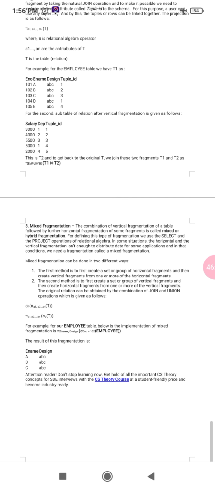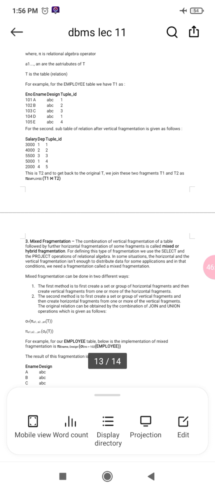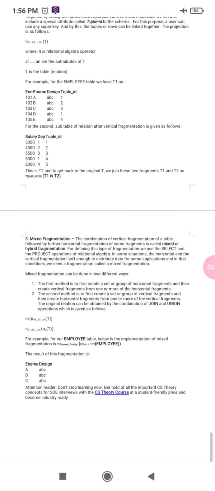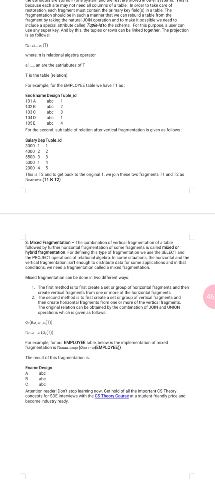For this purpose, a user can use only a super key, and by this the tuple rows can be linked together. Clear?